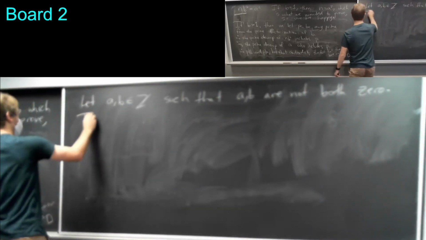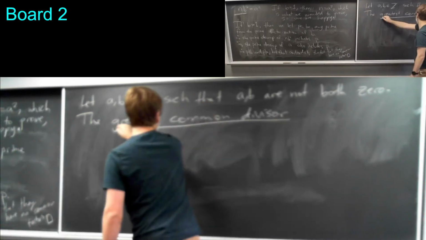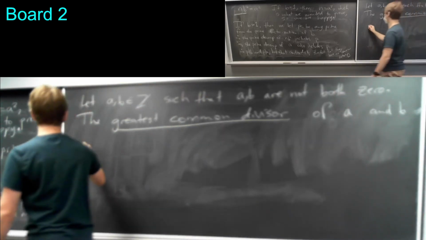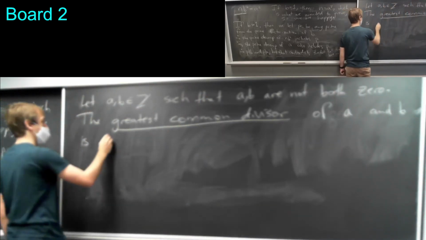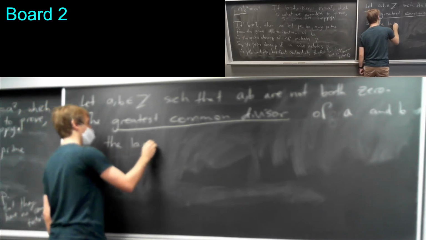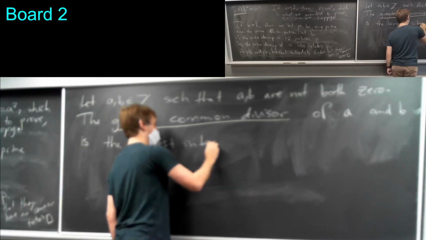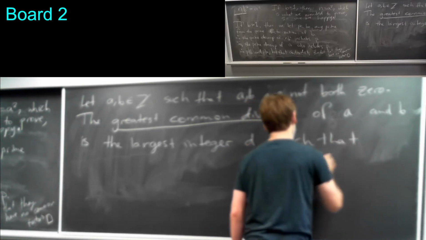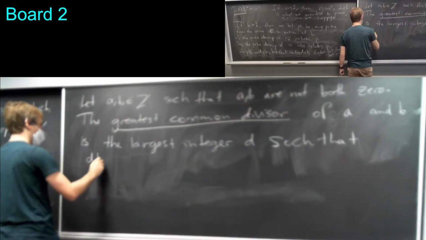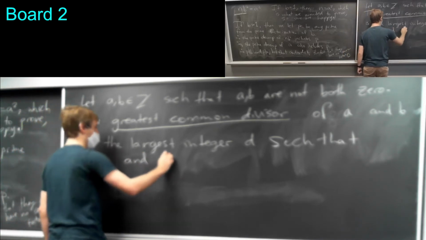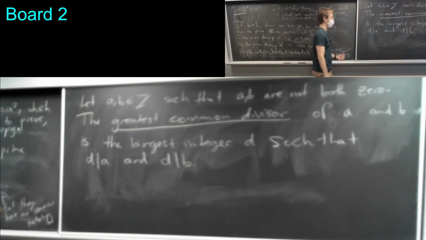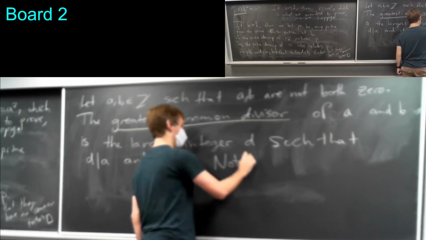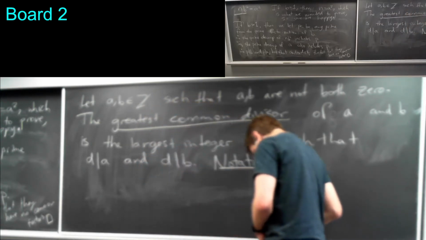The greatest common divisor of A and B is the largest integer D such that D divides A and D divides B. And the notation we use for this is